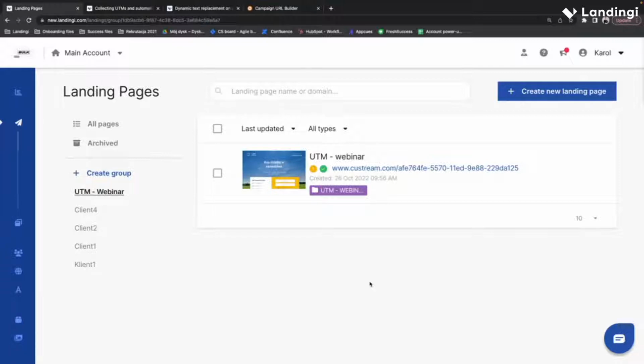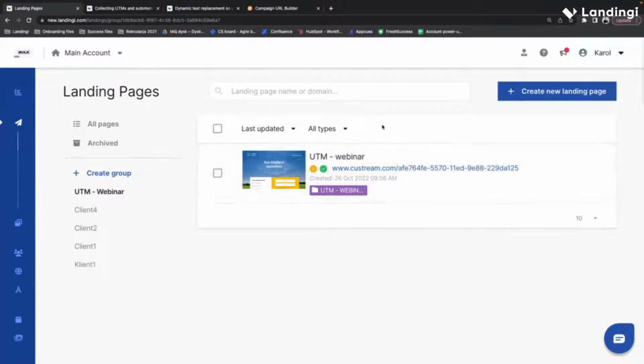I'm gonna show you 2 things. The very first thing is, of course, with the UTMs, you may want them to be attached to your form submissions, to your leads, and Landingi is prepared for that, and you don't have to make any additional configuration to make that happen.